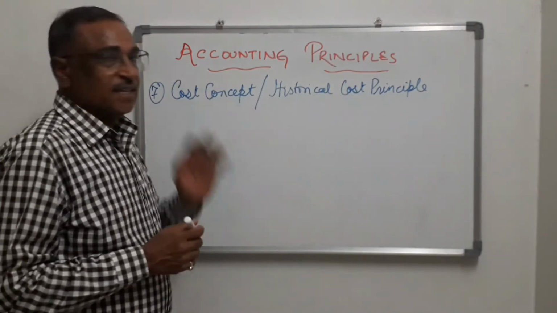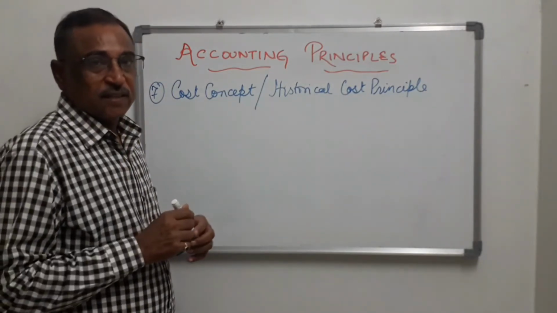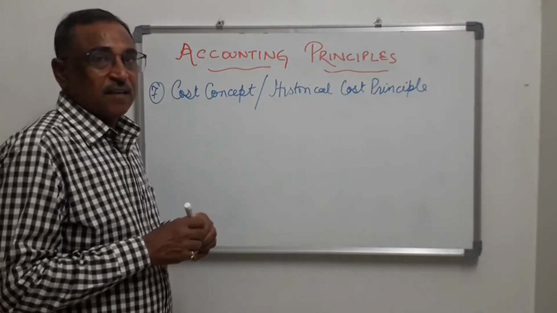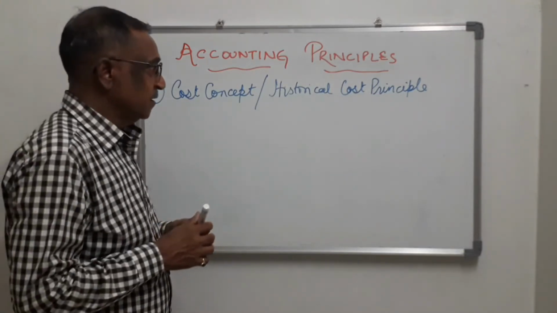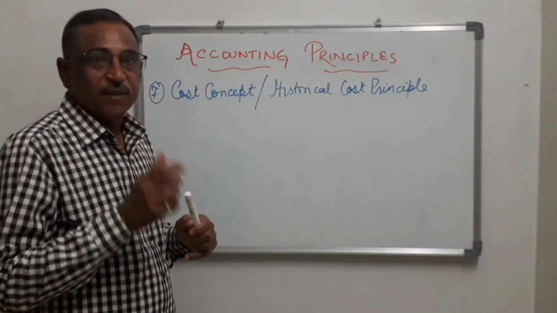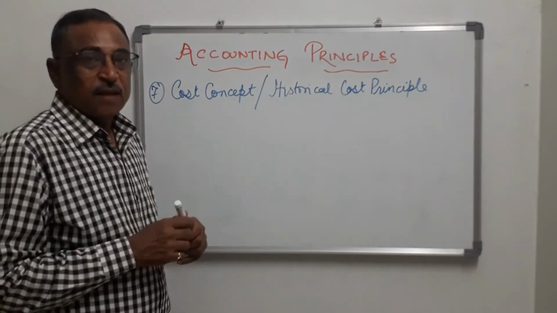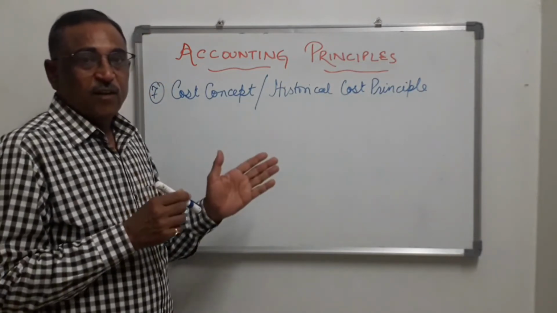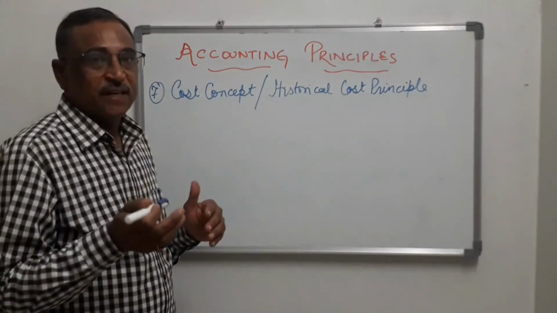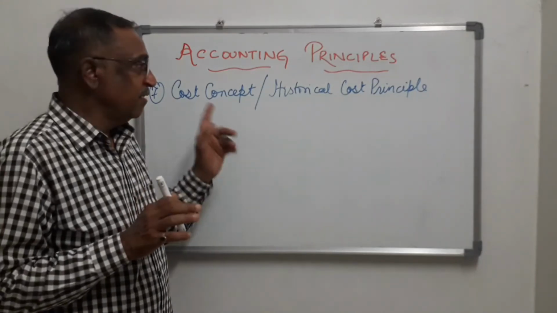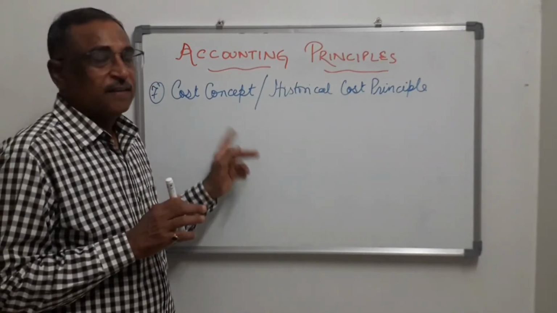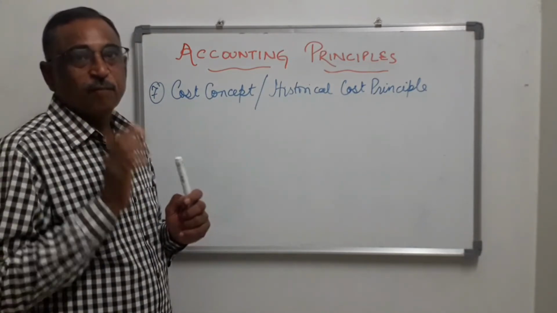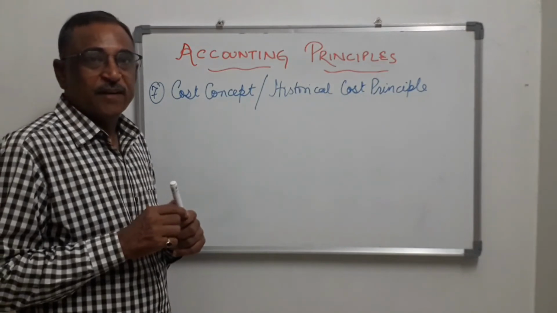As the name suggests, the cost of any asset is recorded at the price which has been actually paid, not with the prevailing one. For example, an asset has been purchased for 1 lakh, and while doing the final accounts, if the value has gone down or it has appreciated, we are not concerned with that. We will pass the entry with 1 lakh only. That is the cost at which we have bought, the amount that has been paid to acquire it.